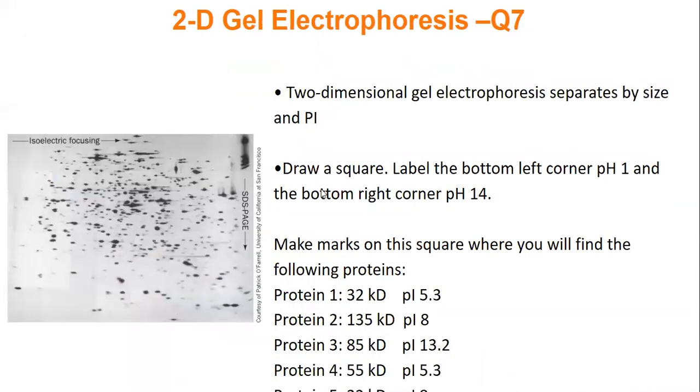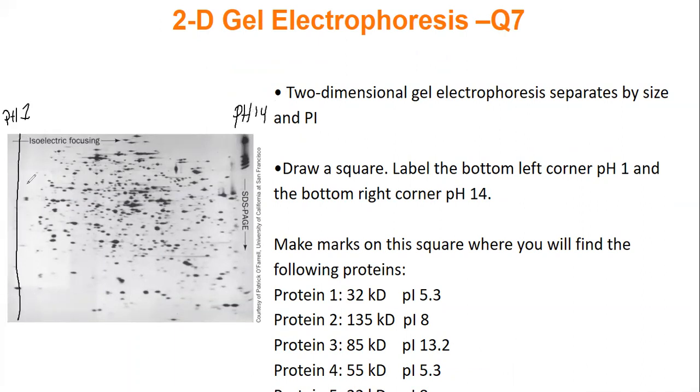And you can make SDS-PAGE a little more complicated by running what's called a 2D gel electrophoresis. In 2D, the difference is that in one direction, and here I have left to right, you have what we're calling isoelectric focusing. So basically how this works,